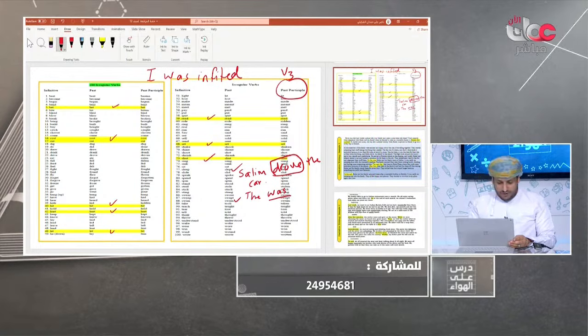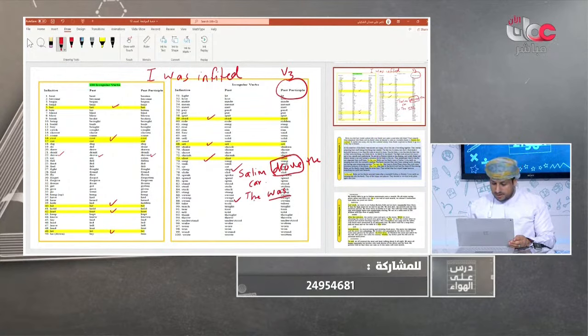Okay? You will find it somewhere here. I think we have it here. Drive, drove, driven. You go to drive here. I will just save your time. Number 22, drive, drove, driven. Easy peasy. You can just memorize the irregular verbs, then you can just use the grammatical rule correctly.